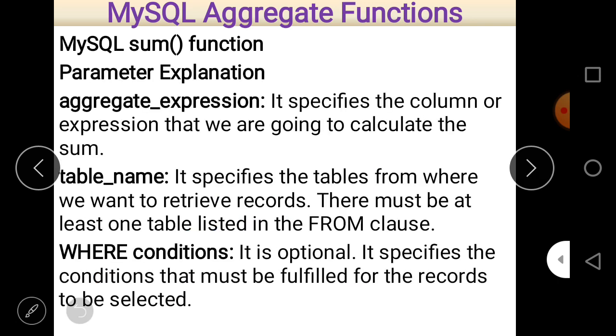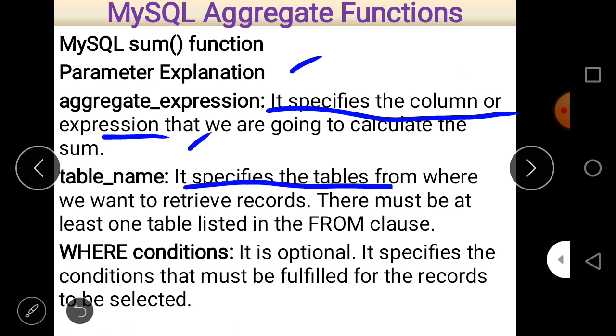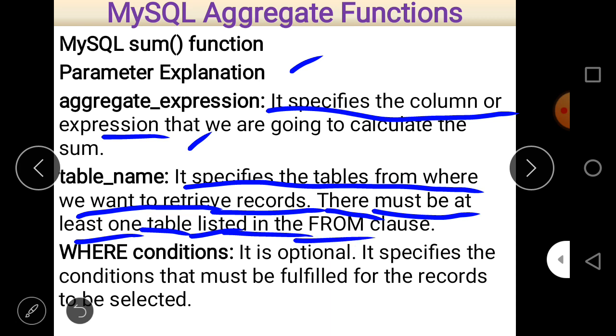Next is the parameter explanation of the MySQL function. So there is a detailed explanation of the different parameters. I already explained all of these. Aggregate expression specifies the columns or expression for which we are going to calculate the sum. Next is table name. It specifies the table from which we want to retrieve records, and there must be at least one table; remember that there may be more than one table listed in the from clause.